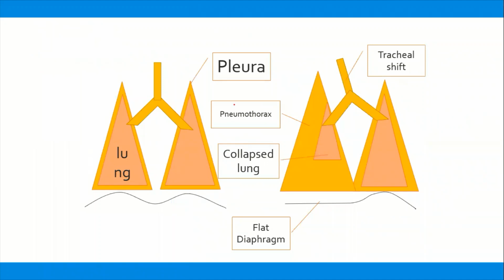Again, the same findings. See, this is a normal trachea and lung. Sorry if this is looking very childish. This is my first attempt at a diagram in PowerPoint. Okay, so this pneumothorax has collapsed the lung towards the mediastinum. There is a tracheal shift, and in X-ray, apart from these findings, you can also find that the normal dome-shaped diaphragm will become flattened.